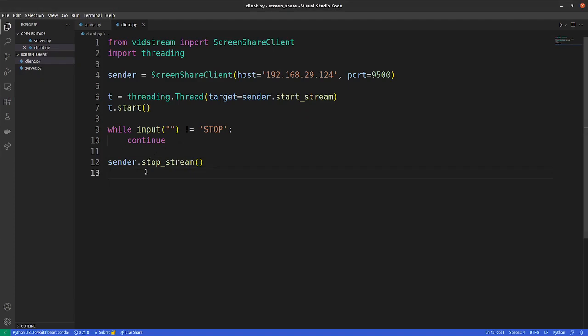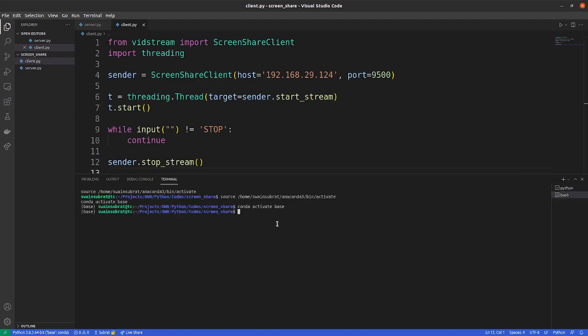So let's see what this thing is doing. We'll run it, and to run it we will open the terminal and drag it a bit so that it will be visible. So first we will start the server. I will write python server.py. Okay, the server is started. Let's add another terminal and start the client, python client.py.